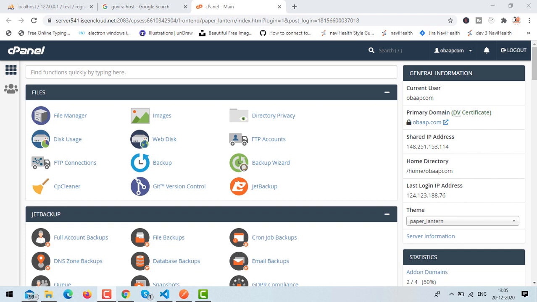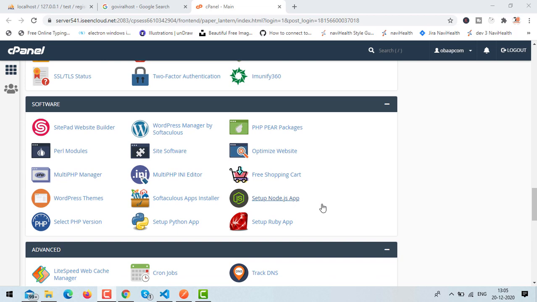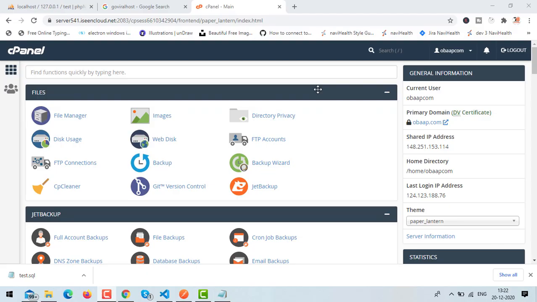So please go and purchase a hosting account from anywhere: GoDaddy, BigRock, Bluehost, doesn't matter. But for me, I purchased from GoViral Web Host because they provide the cheapest hosting in my knowledge. You can buy from here as well, and they also provide the option for Node.js deployment. If you are buying from any other hosting provider, make sure they provide the option for deploying a Node.js application. So let's go to step number 1.